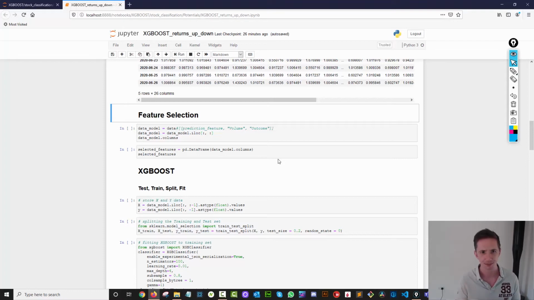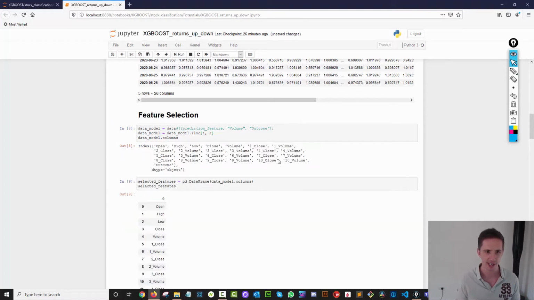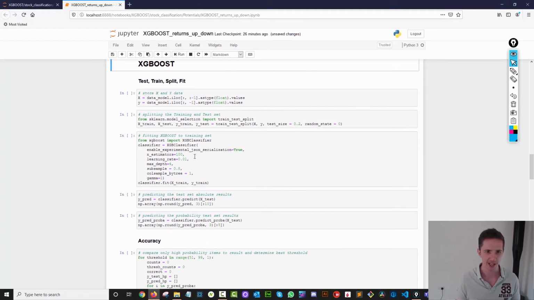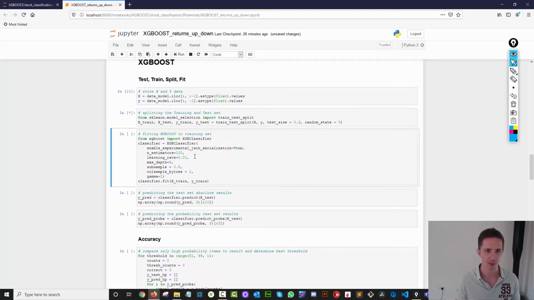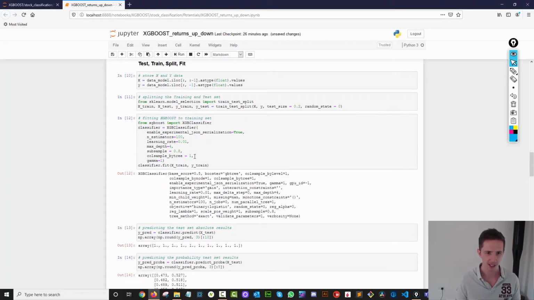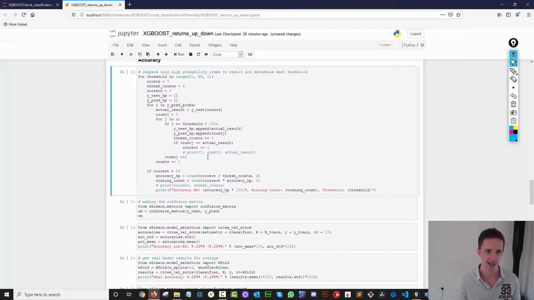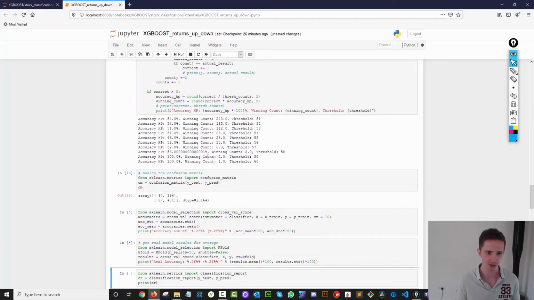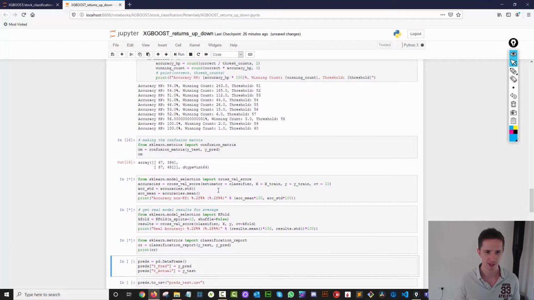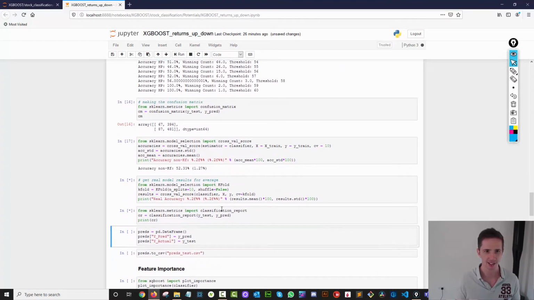So let's select our data, confirm that's the data we want, and now let's push it through the model. So I'm going to put it through XGBoost now, which is essentially what we've just done, and now we're going to see what those results look like. So let's give it some time just to work that out. So far I can tell you it's already not looking very good.